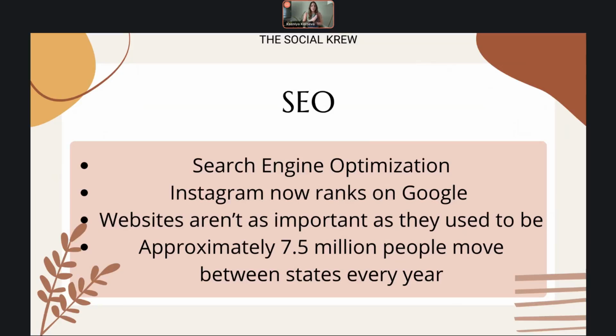One of the cool things that just came out with Instagram is that it has SEO now. That means it has search engine optimization, and it ranks on Google. In the past, in order to rank on Google, you had to have a website, you had to have a blog, you had to punch out a bunch of content about your local area. Now you get to do it in a more fun way, in my opinion, using Instagram and things like local neighborhood guides, local restaurant recommendations, best beaches if you're in the Tampa area or near a beach. So there are a lot more opportunities now to be discovered,